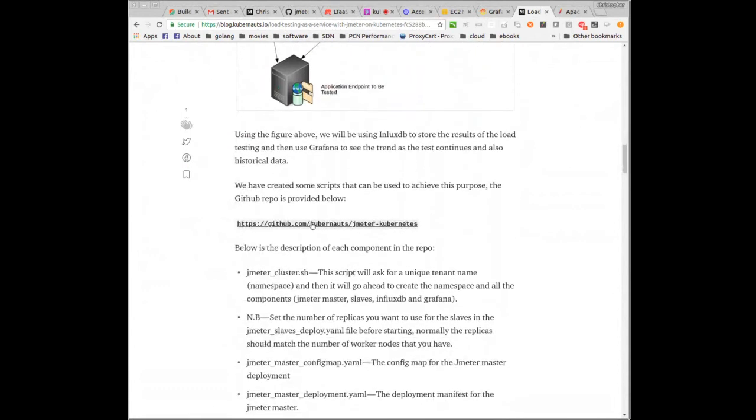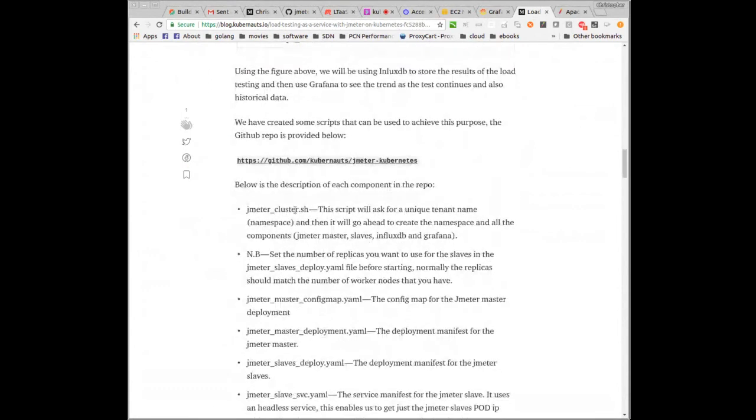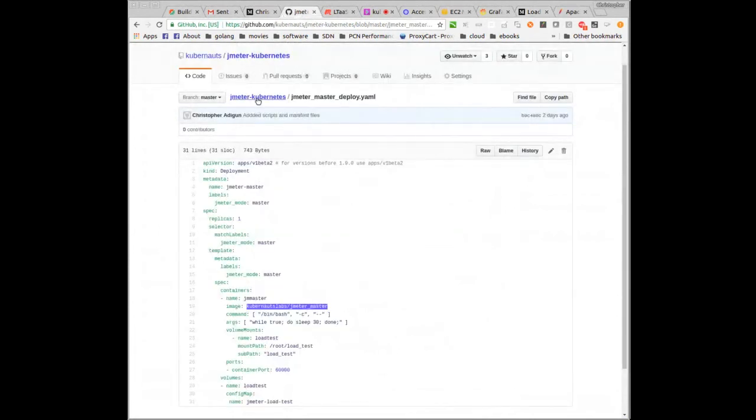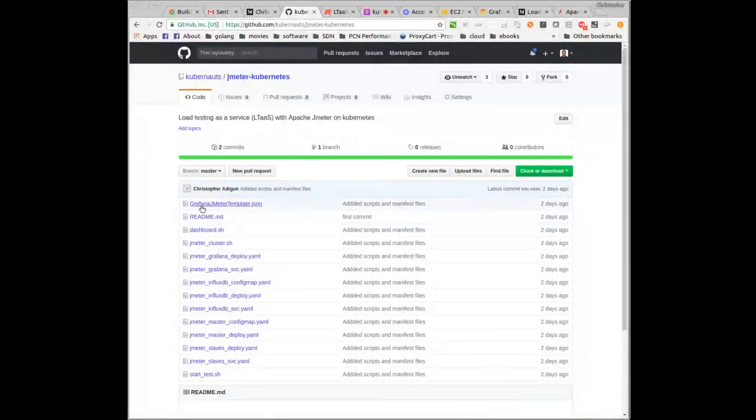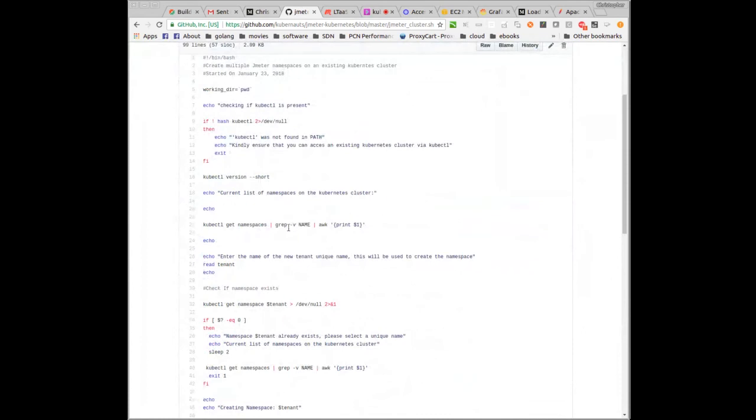So once you do that, this is the GitHub repo that we created, and this is the example. I mean, the explanation of what we have on the GitHub repo. The Grafana Jmeter template is the prepared dashboard template for Jmeter, which we'll see in a second. And then the dashboard script is what you use to populate Grafana with the data source, which will be the InfluxDB. The Jmeter cluster setup, this is the main script that brings up the namespace and the pods and